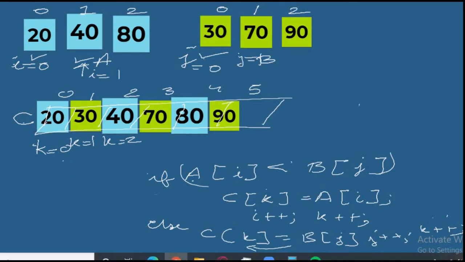So what will be the code of this? We can write, very easily we can write the code of two-way merge. So first of all, what we have to do, we have to check if I is less than or equal to N1 and J is less than or equal to N2.